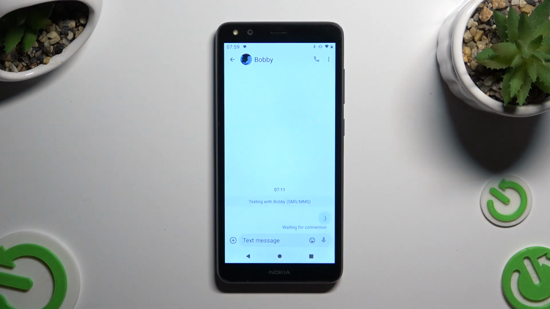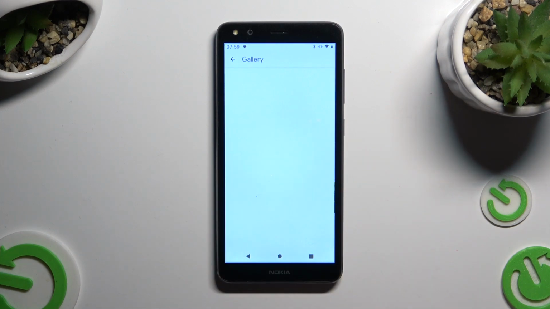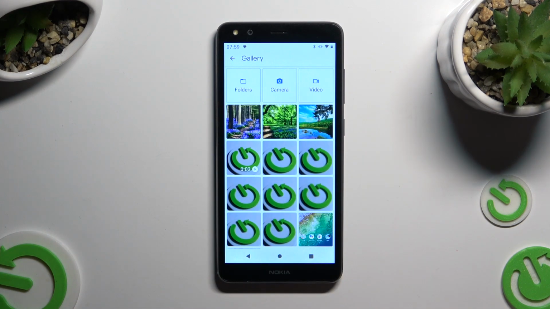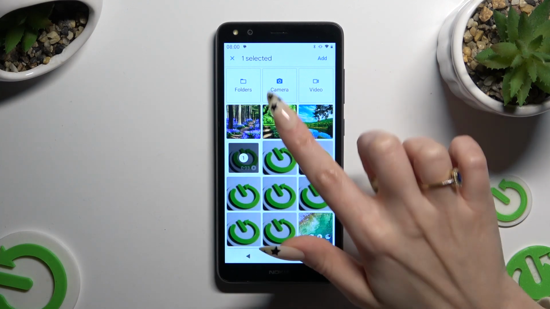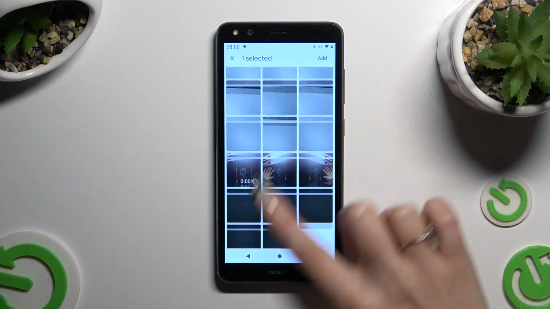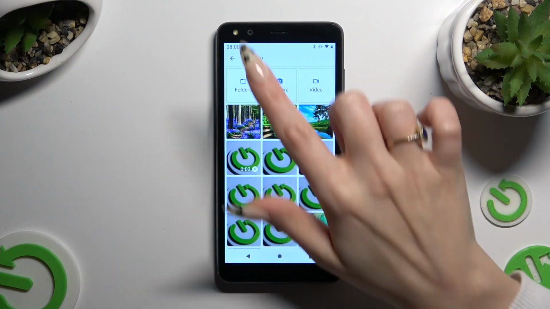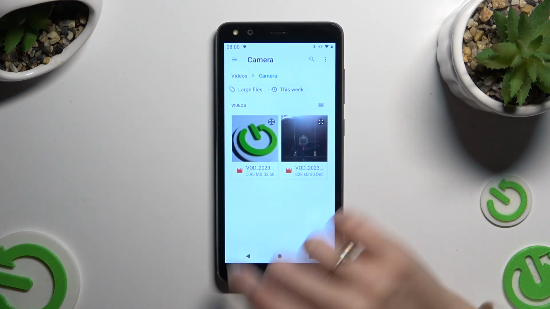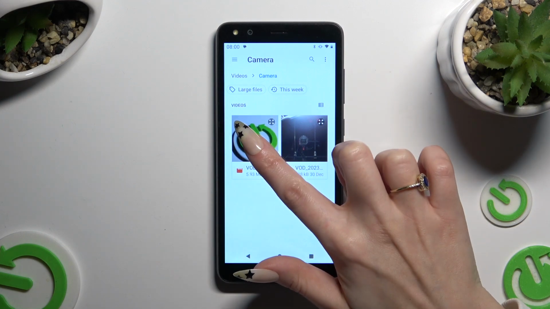To add a video one, hit this plus at the bottom left corner, tap on gallery icon, and click on your video right away. If it's recent, or select folders at the top and look for it over here. Then click on it